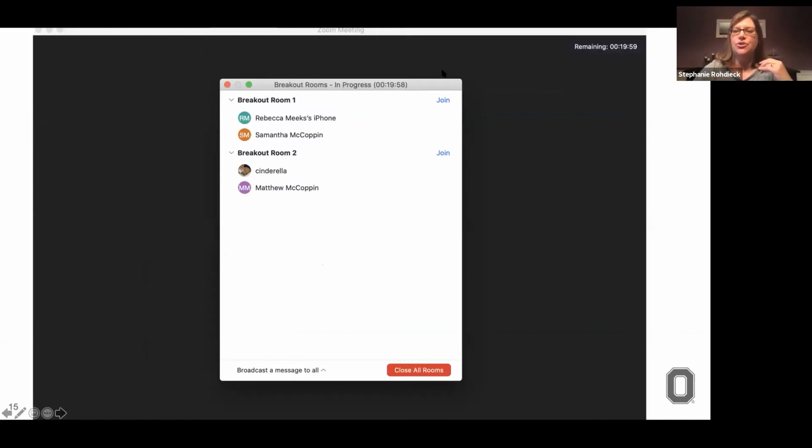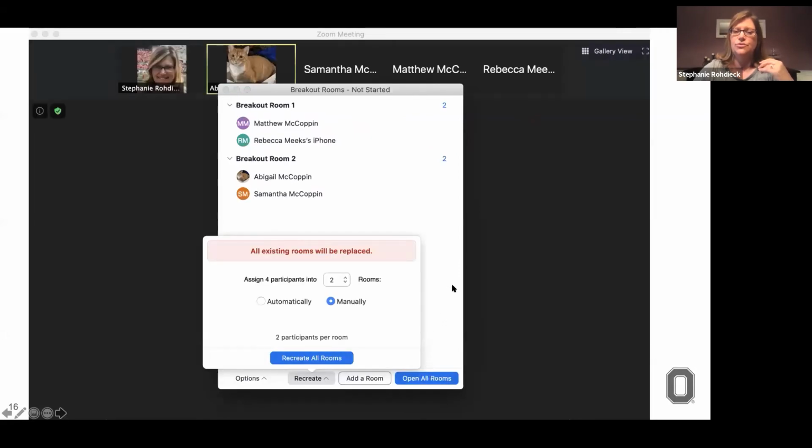Okay, so I wanted to just show you that it will tell you it's in progress and it will give you a countdown here, and it will give you that up on the top right. There's also an option to recreate these. So let's say you did breakout room groups for a 10-minute discussion. You came back, you taught a little bit more, and you wanted to put them back in another group. When you click on recreate, you can either tell it to put them in the same space, or I had clicked on doing it manually because I wanted to move the groups around.